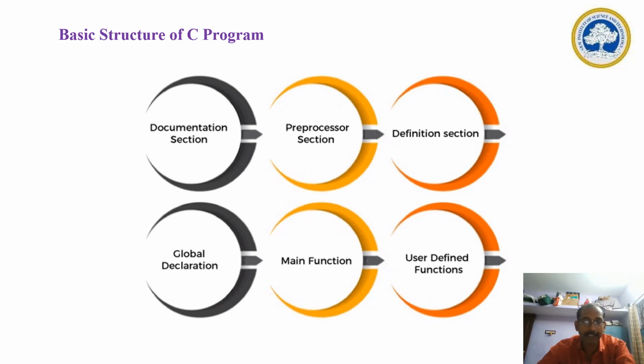There are two kinds of functions out there. One is user-defined functions, another is predefined functions. For example, string length and string compare are already available in the header file. Directly we can calculate the length of the string, as well as we can concatenate strings using strcat and strlen functions. These are all called